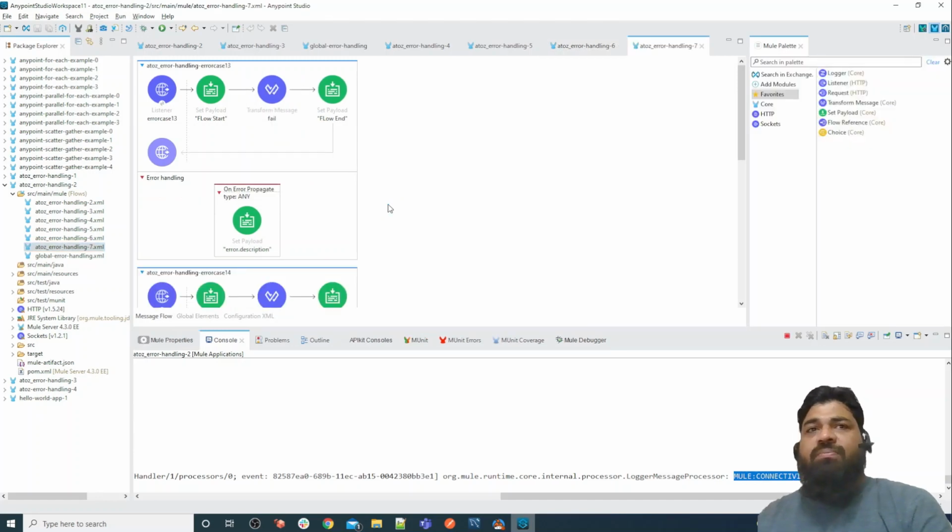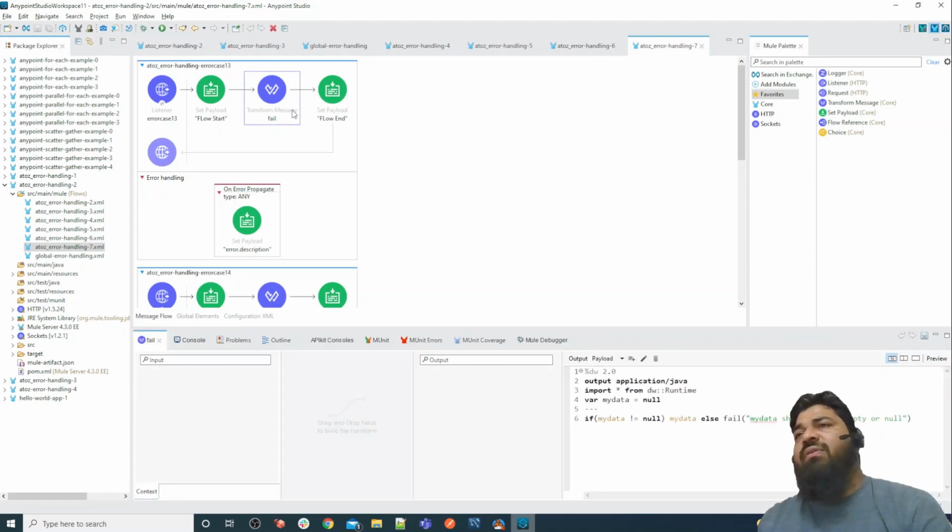Yes. So this is a slightly different topic, but let me explain. You are basically aware of our DataWeave language. DataWeave is a script language, and we are using it for mapping, input to output conversion, and for many other purposes. So in Mule 4, DataWeave 2, we can also throw an error from DataWeave.